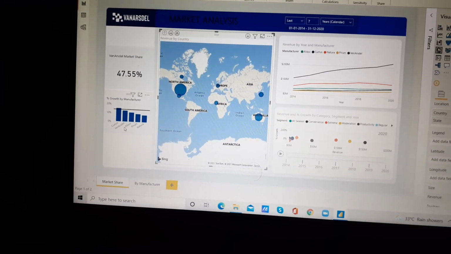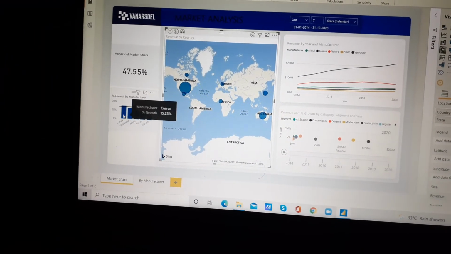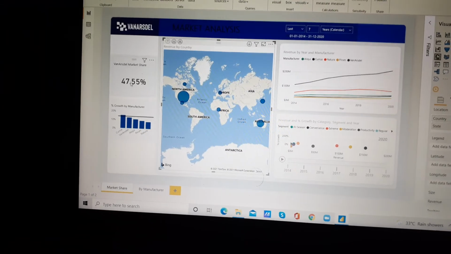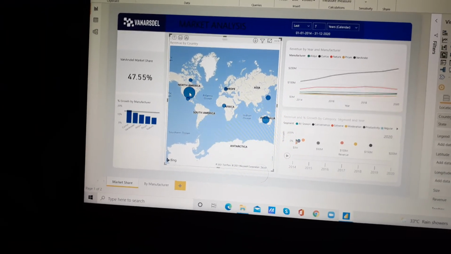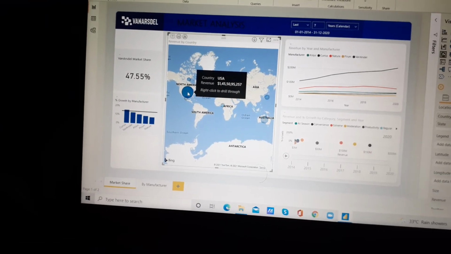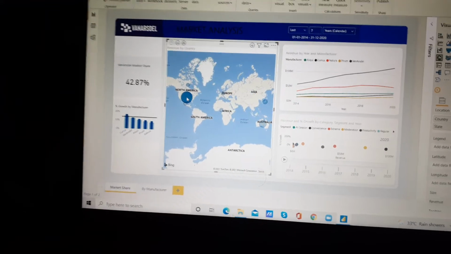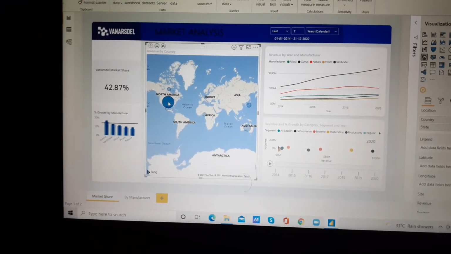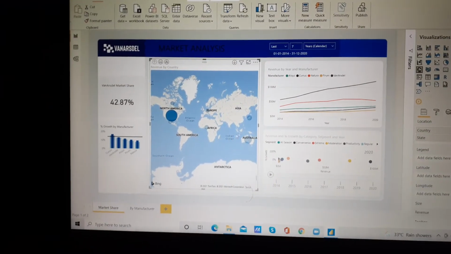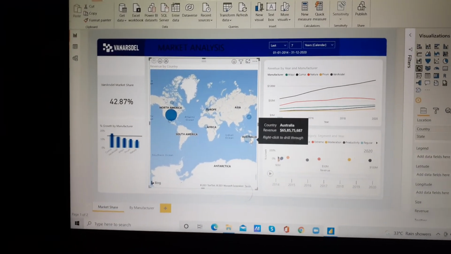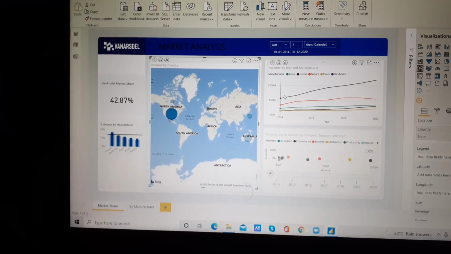As we can see here, Van Diesel is there and other competitors are also there, and this is the market share of Van Diesel. And if we want to see the actual market share of Van Diesel in North America, then this is the actual data. When I click on the countries, the data changes in other charts also.